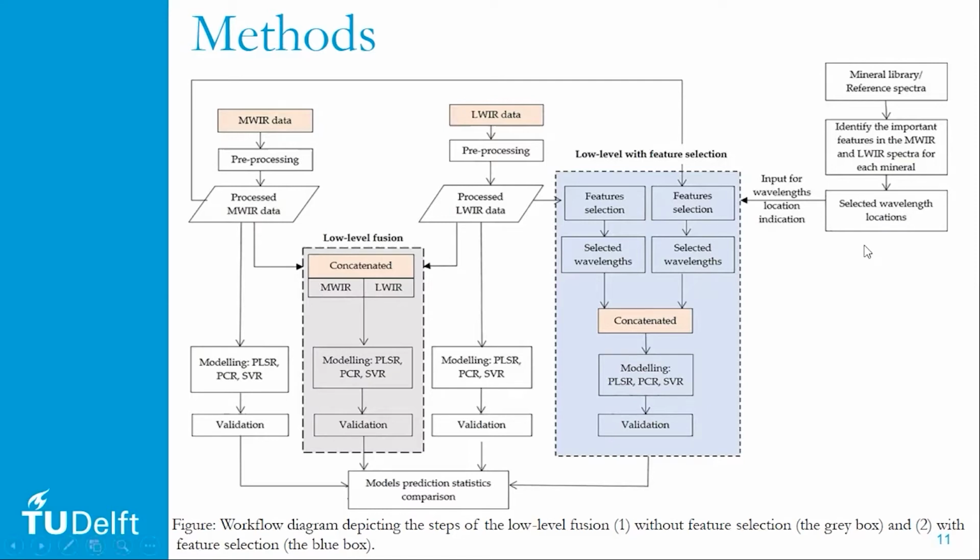So relevant information was extracted from the two data blocks separately. Then the extracted features were concatenated to form a single data matrix. Then prediction models were developed using the fused data blocks and different models. Then once the models were applied for individual and fused data blocks, the results were compared to see if the prediction accuracy is improved after data fusion. And the result is, of course, validated using independent data sets.